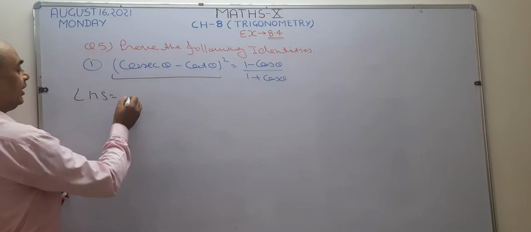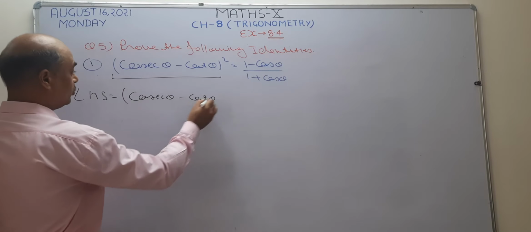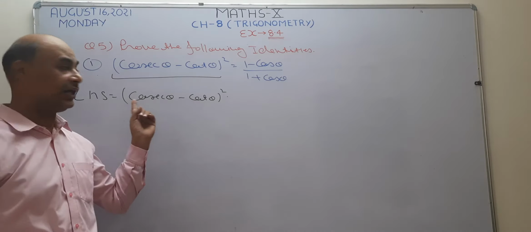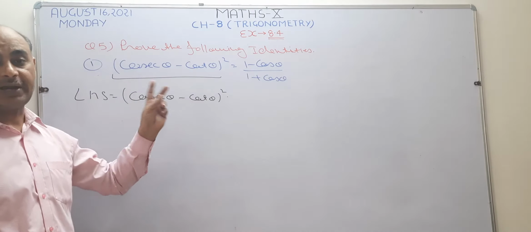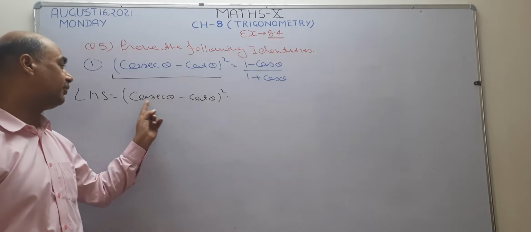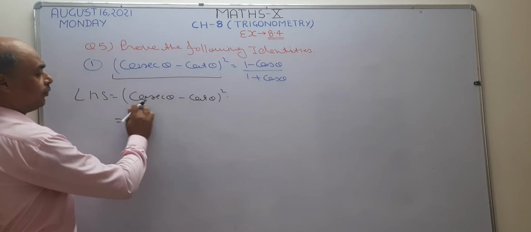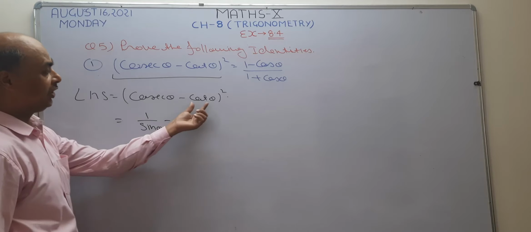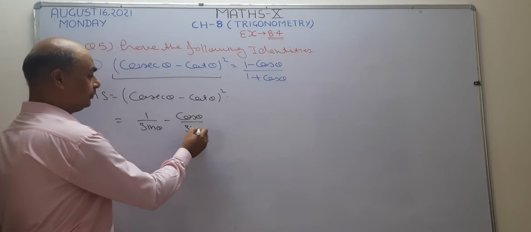What is given in left hand side? Cosec theta minus cot theta and its square. By using my 4 rules. Number 1, use identity when square is there. Square is not there, so I will not use the identity. Second one is convert every trigonometry ratio in terms of sine and cos. So I want to convert the given ratio in terms of sine and cos. Now reciprocal of cosec is 1 by sine, so write here 1 by sine theta. Cot theta can be written as cos theta by sine theta.